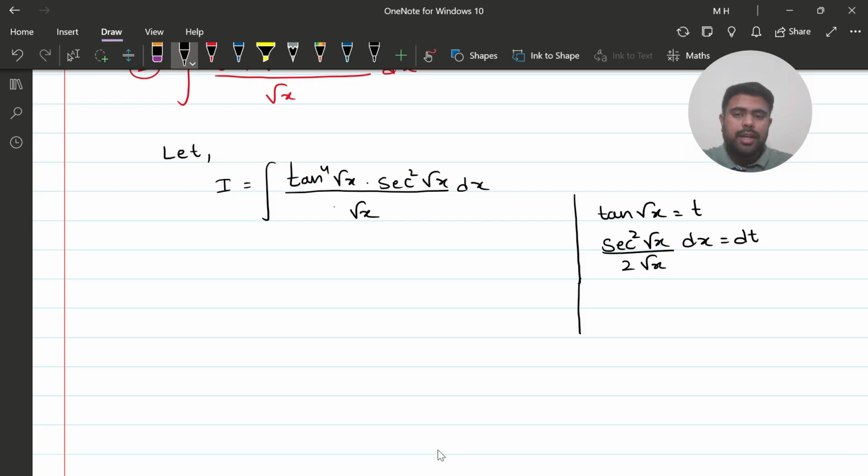So what will I get? I don't have a 2 here, right? So I'll send that to the other side. I'll get sec square root x divided by root x into dx will be 2 dt, right? So this will give me